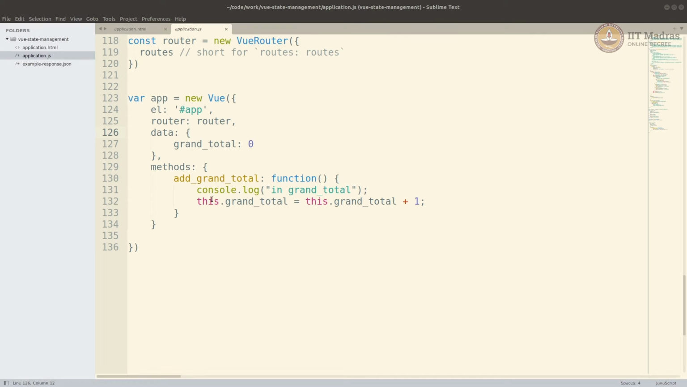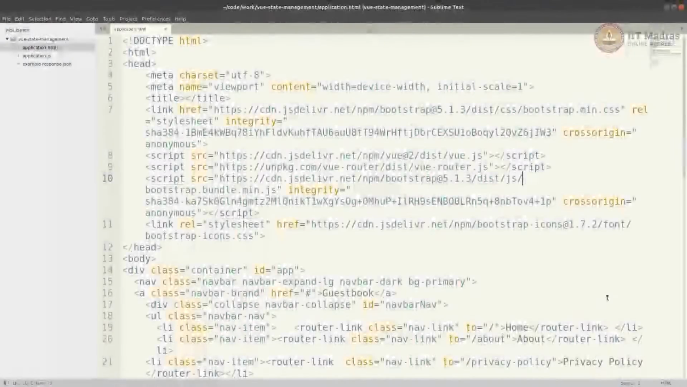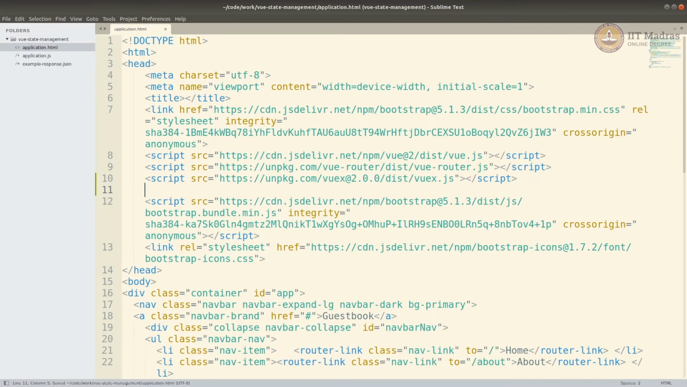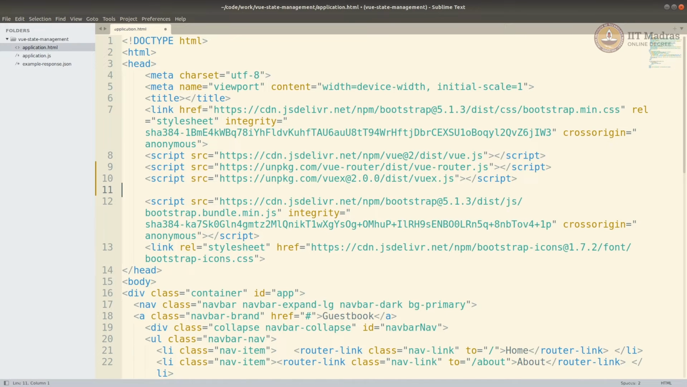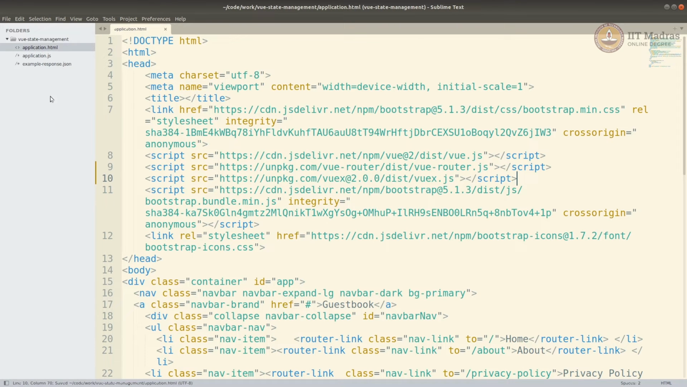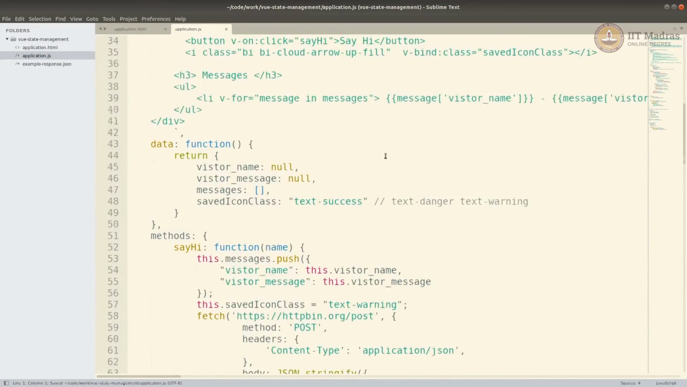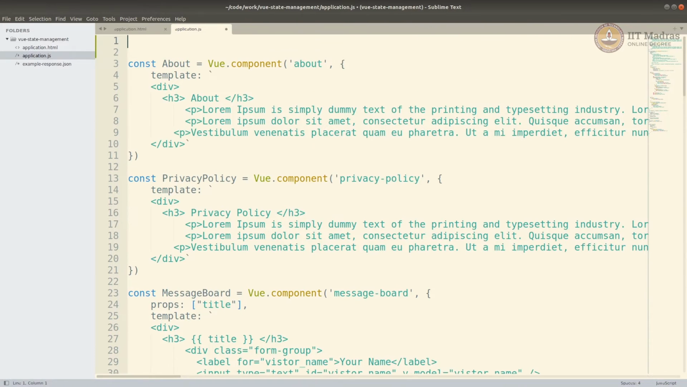Let's go back and add here our Vuex, right, after the Vue router. This is the file that is required to do this, right? I'm adding it here. Now I'm going to declare a Vuex store. Now you can declare it at the top, so let's declare it at the top, right? And that can be done by